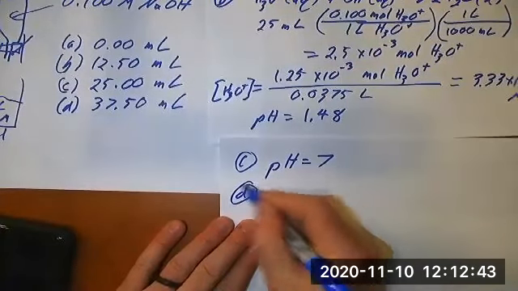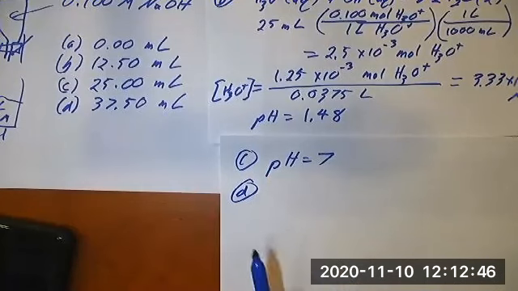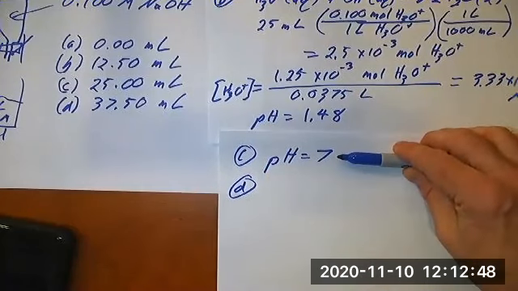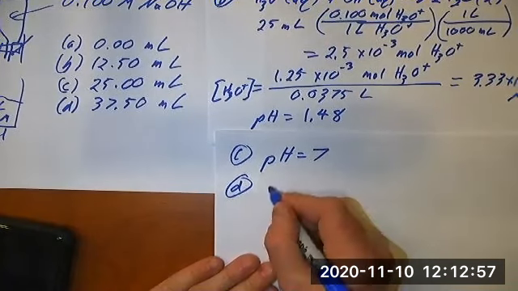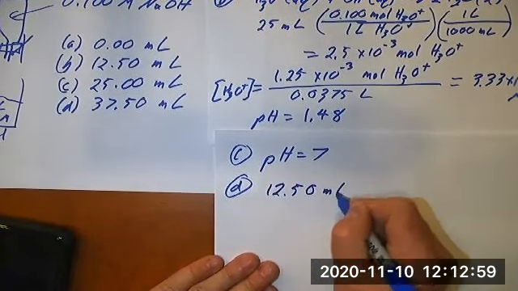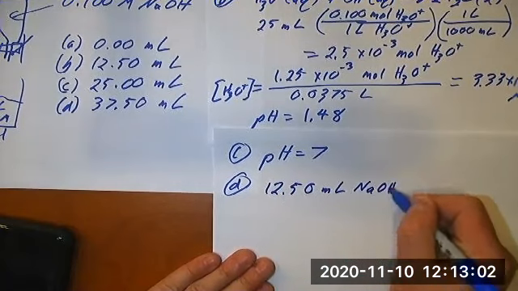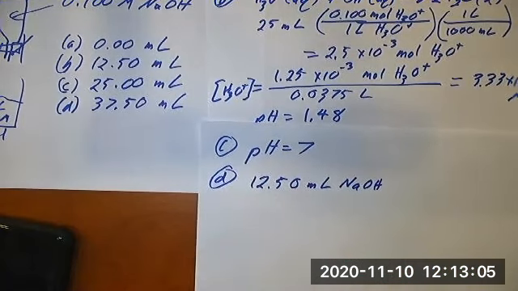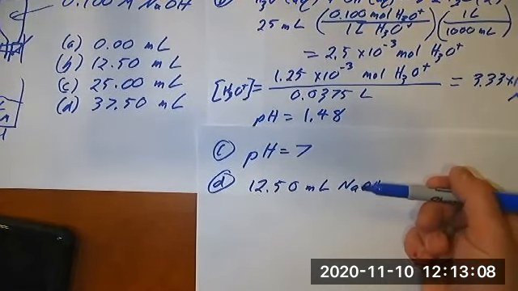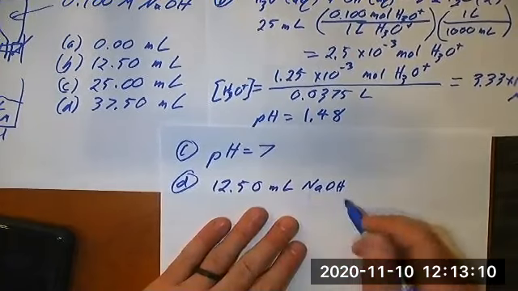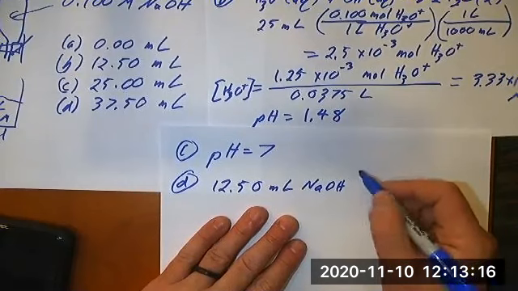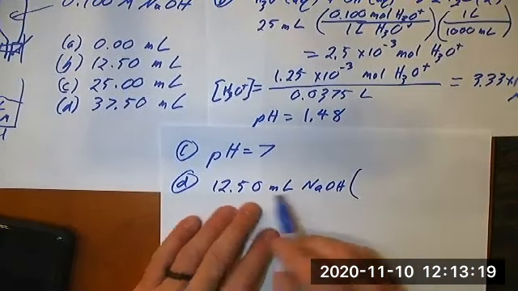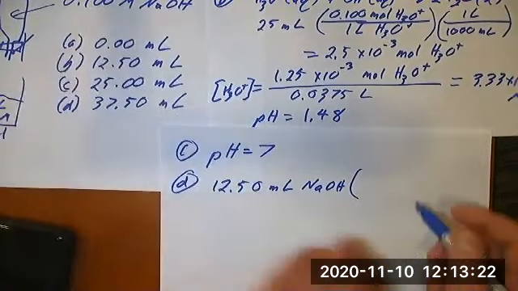Case D, the best way to start with this is to think about starting at the position of pH 7, starting at the case of C. And so what we are doing then is we are adding an extra 12.50 milliliters of the sodium hydroxide solution. And so that is what is going to determine our concentration of hydroxide. That's the extra hydroxide that's left over. So we need to convert this to moles and put it over our new volume. So we have 12.5 milliliters of the sodium hydroxide solution,